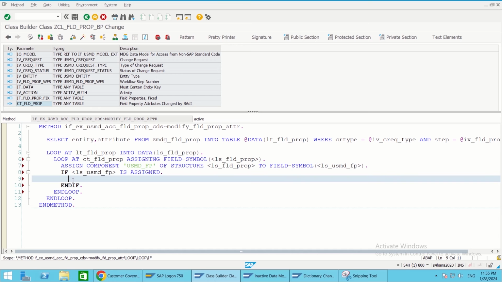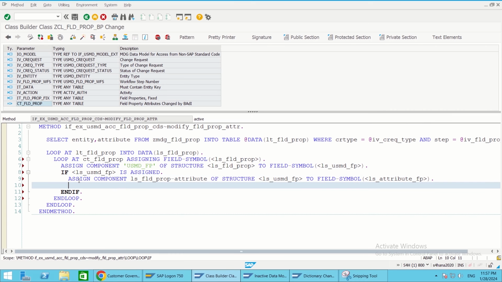Now here let's add the condition. Assign component attribute, of the table which we are getting, of structure ls fld prop, ls usmd fp to field symbol ls attribute fp. That's it. Now if ls attribute fp is assigned, then